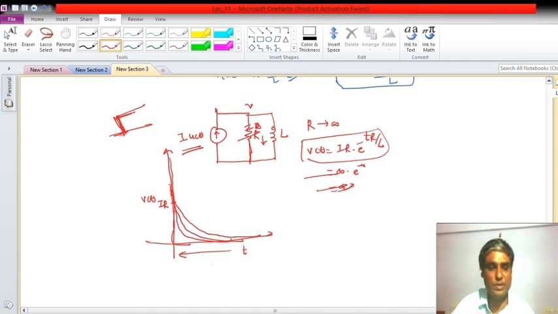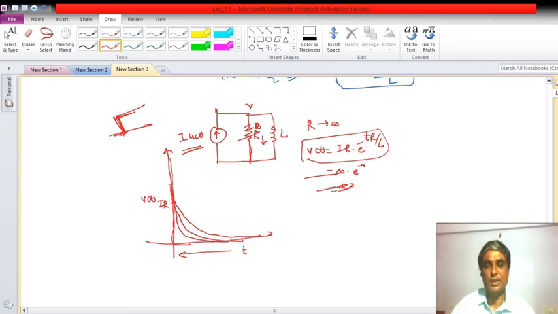So when the value of R becomes infinite, it becomes open circuited, and a unit step function of value I is suddenly forced into the inductor. So there will be a sudden change in voltage which will appear across L, and the singularity happens for a very short duration of time, and thus there will be the existence of an impulse. This is what I would like to say.